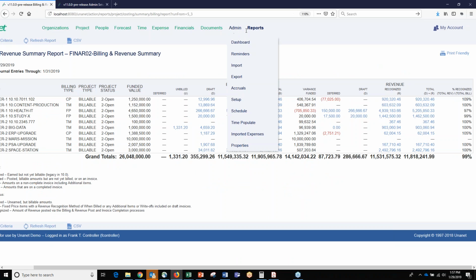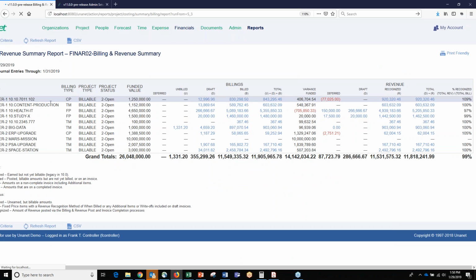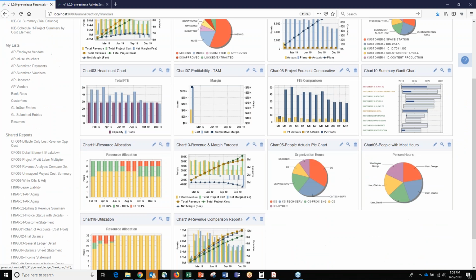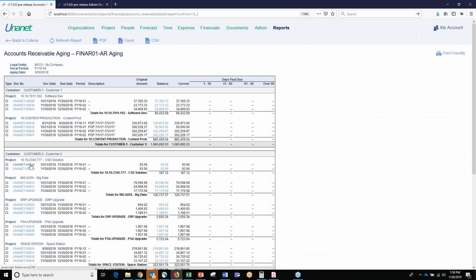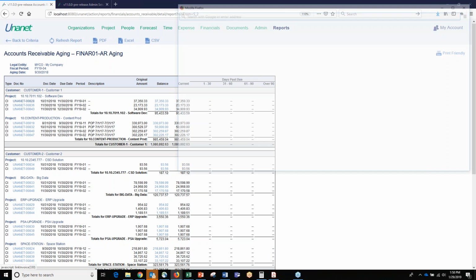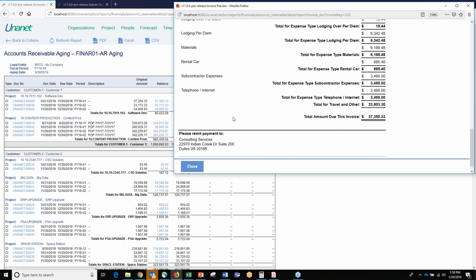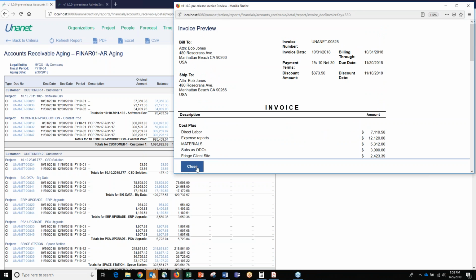Last one here was an AR aging report. I think everyone's seen an AR aging report, so I'll go through that very briefly, and then I'll show the trending income statement that Regan mentioned. But again, if we have a few minutes left, if you have any questions, feel free to enter those through the GoToWebinar console, and I'll try to quickly address those. So AR aging report, and then again, you can click through and you can see invoices. If you give people access to this, they'd be able to see the information for their invoices.